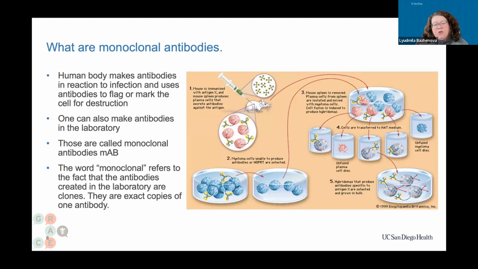The reason why they're called monoclonal is because they are clones of one protein, so they are identical. The way it's done in the lab, you take a mouse and you inject the mouse with an antigen. The mouse will make an antibody. That's what every living being on the surface of the earth does. It makes the antibody. Then you sacrifice the mouse, and you take the spleen cells. That's where the cells that make the antibody live. Then you take a certain kind of myeloma cells, and you put them in the same petri dish, and those two cells will fuse.